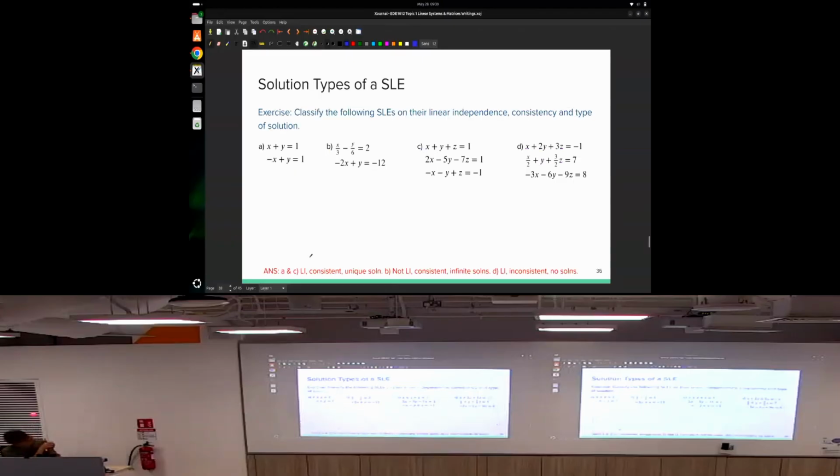So now we are going to jump into a demonstration of each type. It's supposed to classify. No need to solve, just classify. If you can tell just by visual inspection, go ahead. But if we can't tell, then we have to resort to Gaussian elimination. So the first one, linear independence. Are the 2 equations linearly independent? Yes. Why yes? Because you can see this x,